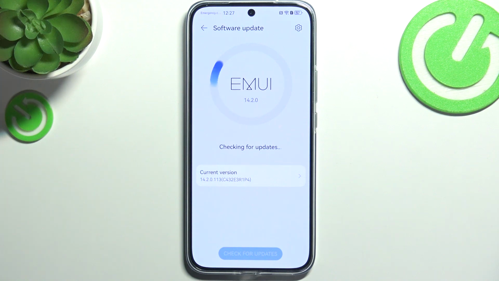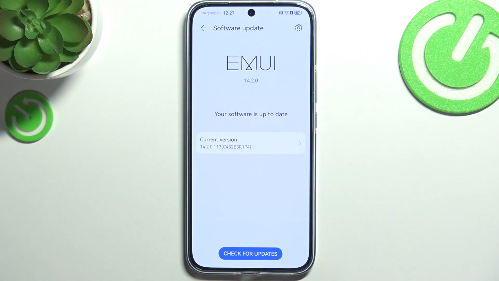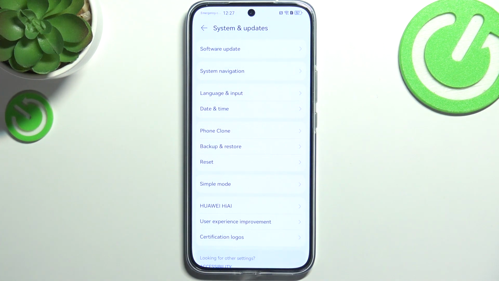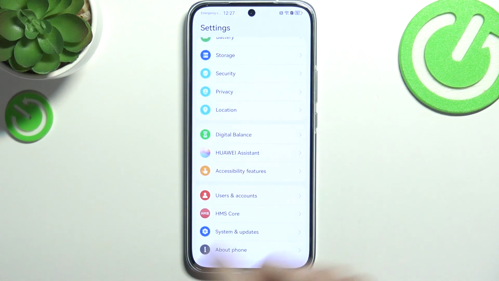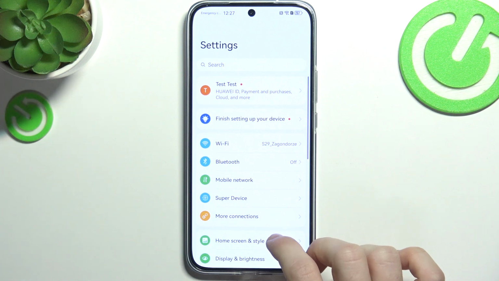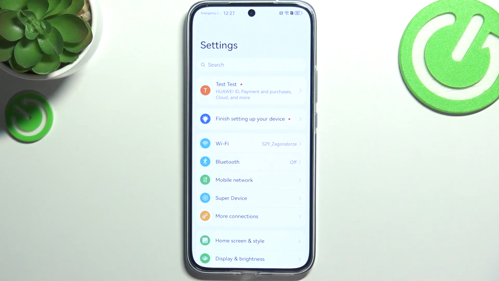As I click on check for updates, it just says it's up to date, so I don't need to update. But if you have any update available, then I suggest installing that. Then you'll be prompted to restart your phone, so you can just do it and it'll apply the update. And after that we can continue with the next step, which is gonna be